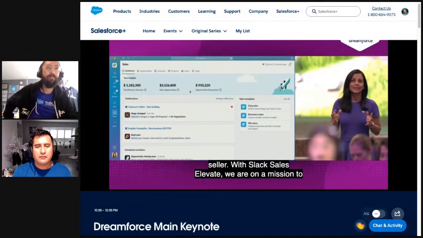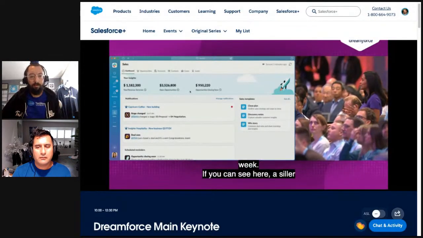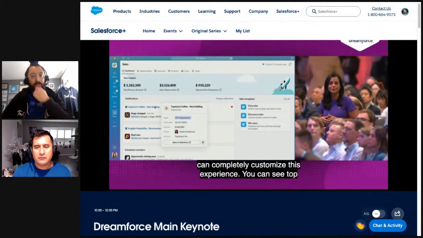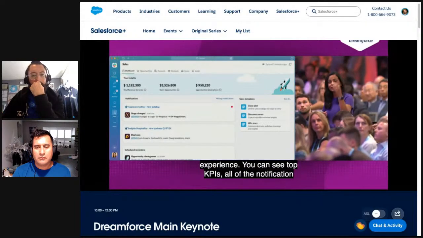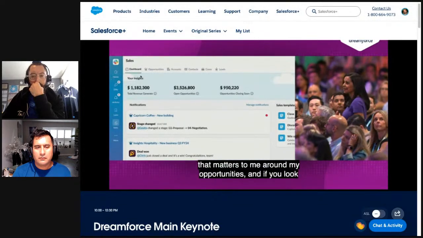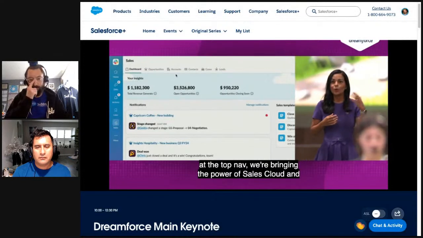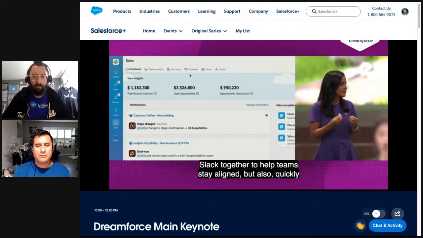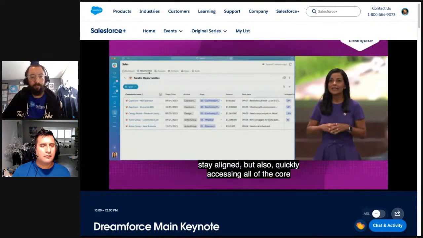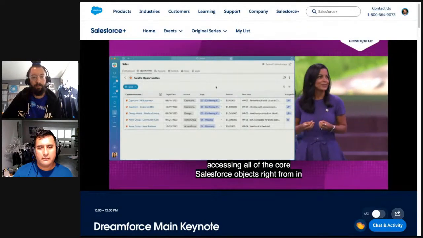And if you can see here, a seller can completely customize this experience. You can see top KPIs, all of the notifications that matter to me around my opportunities. And if you look at the top nav, we're bringing the power of Sales Cloud and Slack together to help teams stay aligned, but also quickly accessing all of the core Salesforce objects right from in here, like opportunities. I can view all of the opportunities from Salesforce that are important to me, but sellers not only want to